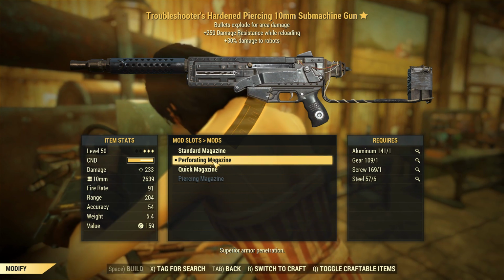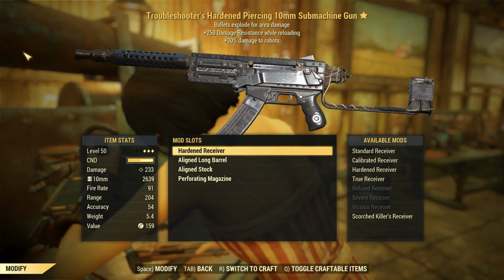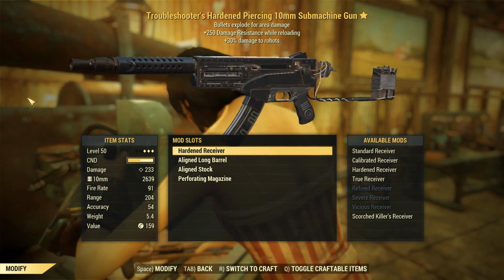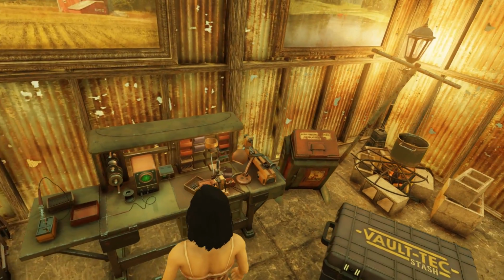We've got ground pounder. So you'll notice that there's no optic slot or muzzle slot, so we can't put a reflex sight on this to really give us an advantage in VATS, nor can we put a suppressor on, which is tragic. And don't forget to chuck on the super duper perk and the ammo smith perk when you craft